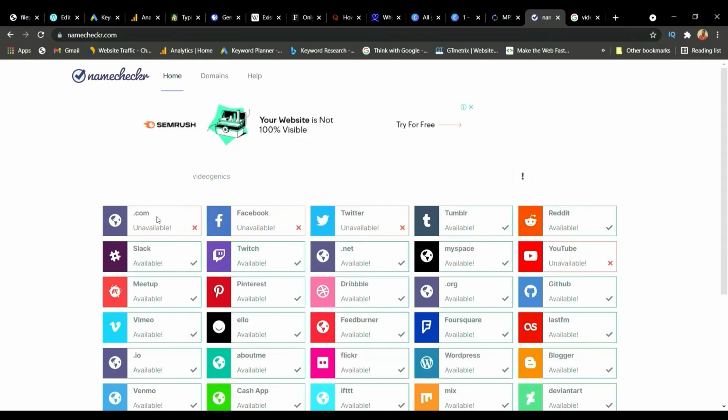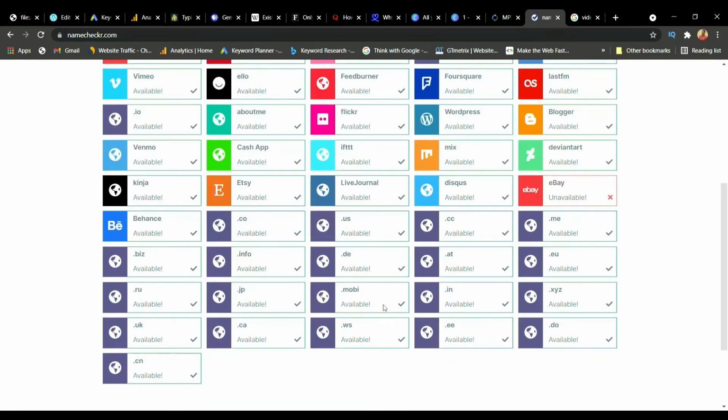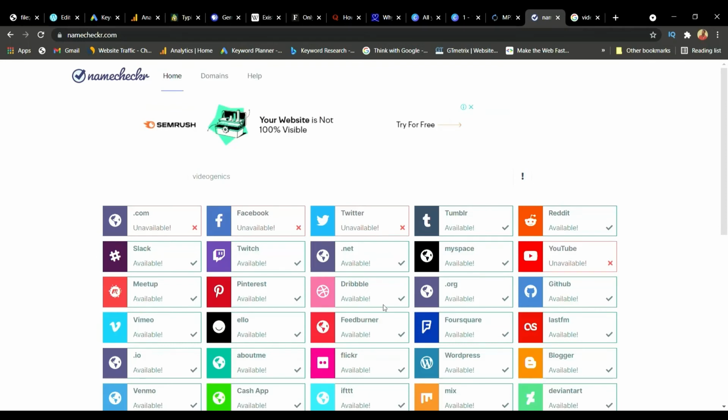So as you can see, the .com domain name is not available, and the name is not available on Facebook and Twitter, but you see it's available on Reddit, Tumblr, Twitch, and the .net domain name is available. It's available on MySpace. It's available on most social media platforms. So that's how you figure out the username availability in a single space.